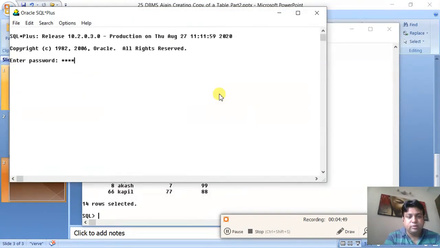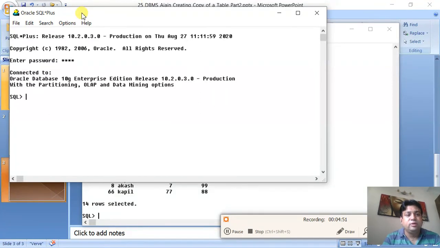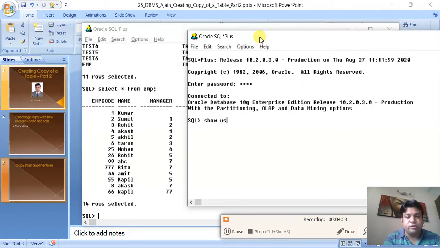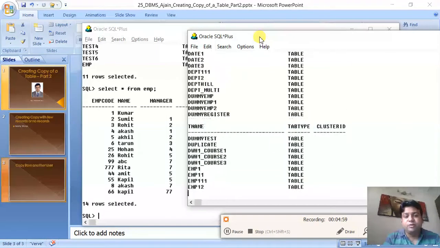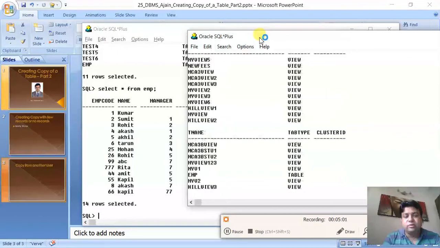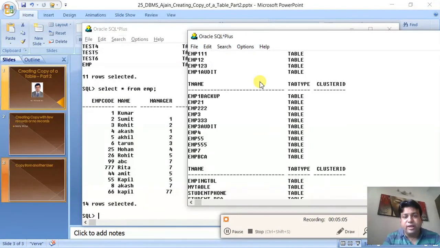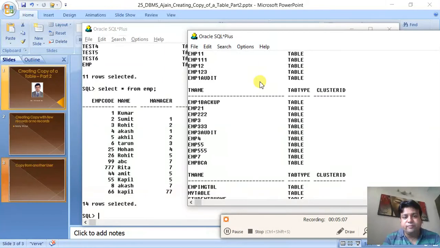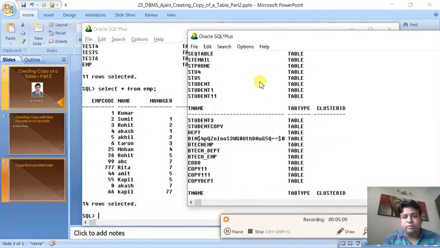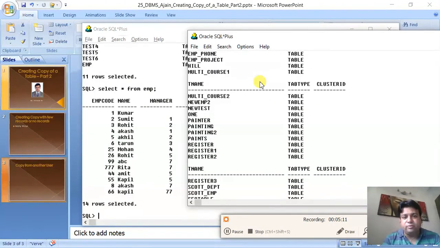Test, whatever is the password, connected. Now you can see show user. User is test. Select star from tab. There can be many tables. So there are 165 tables in this user, and one of the tables can be EMP. If we try to search it out, it can be found somewhere.